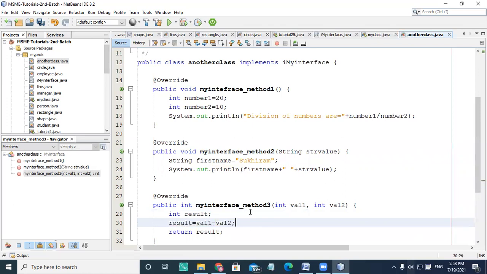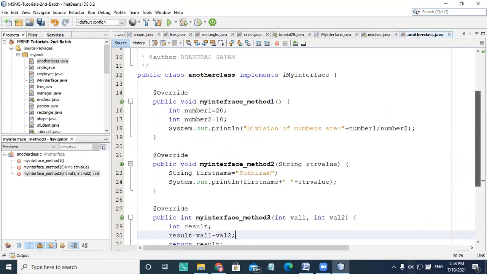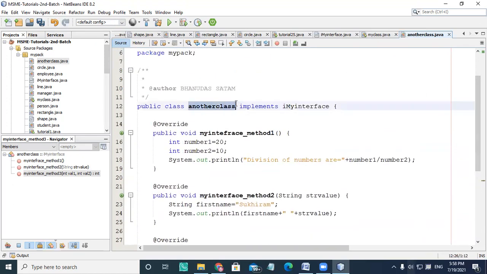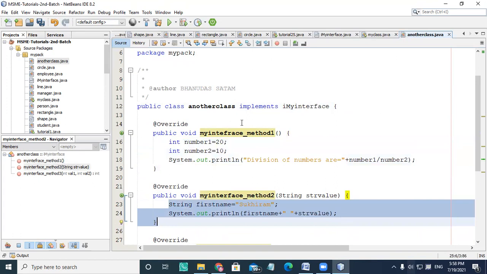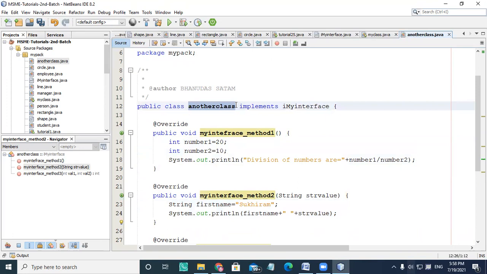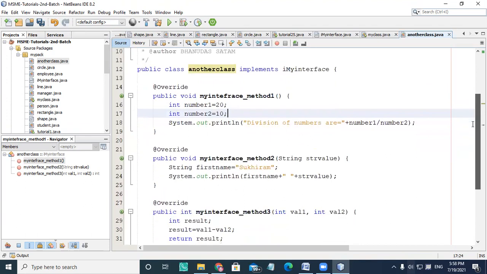So in this case, it is now a subtraction, whereas in the previous case it was addition. So now this class decides how it is going to write the body for these methods, because it's an abstract body and it keeps changing with whoever is implementing that interface. That's why people create an interface for a generic procedure.